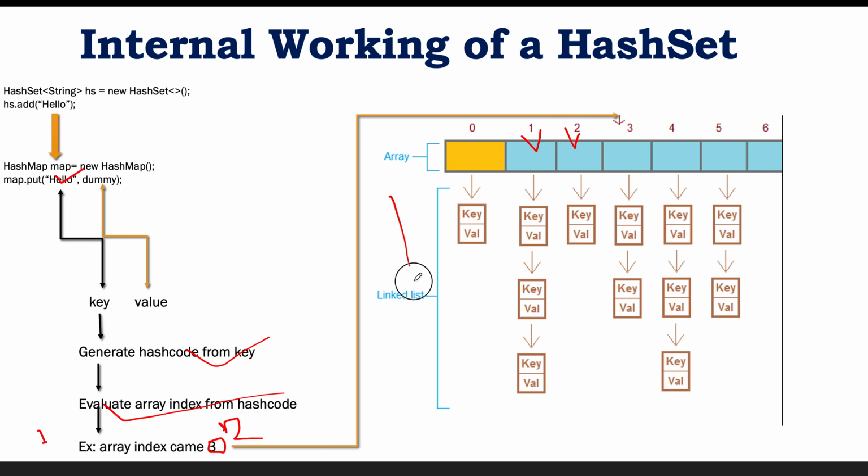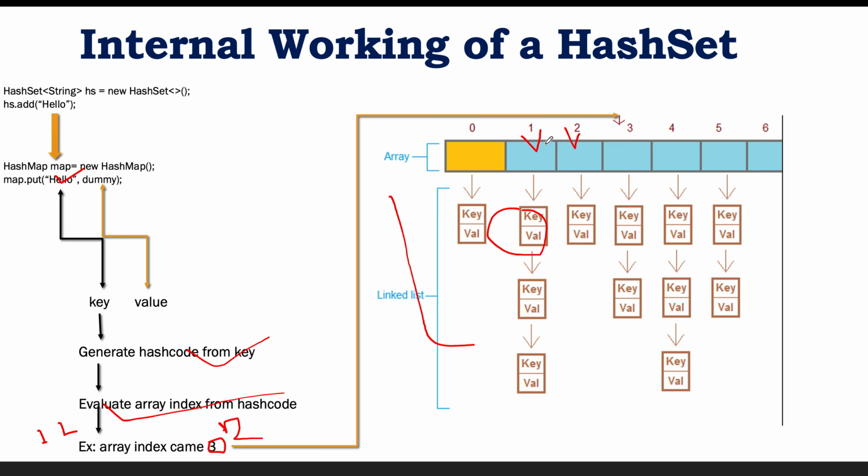But if you see this structure, what will happen if we try to insert any element? It will get the hash code and try to get the index from the hash code. Let's say this time also it got 1, right? It will check that on the first index there is already some element, because we already inserted one here. Now, since the value is different, how will it compare? First it will get the index.